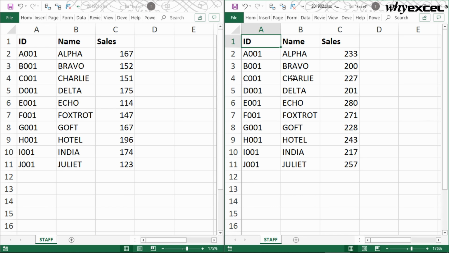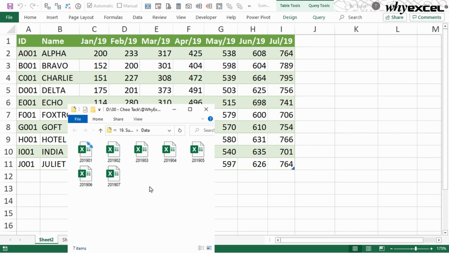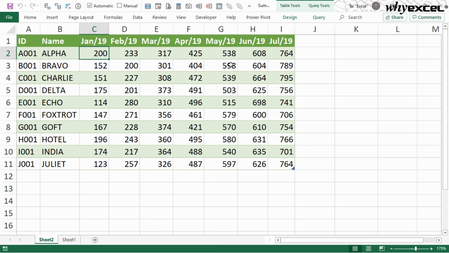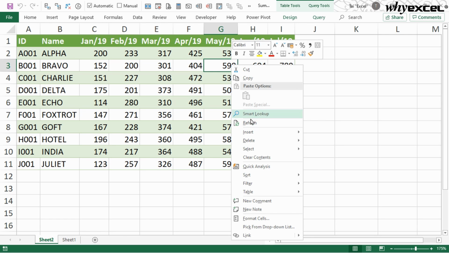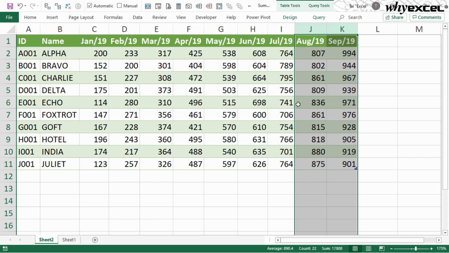Let's see the final result. Now, what you can see in the folder is that it has all the data for all the months here. I'm going to paste a new set of data. So the new set of data is in. What I need to do is go back to Excel, right click and refresh, and I can see that two sets of data appear on the screen.